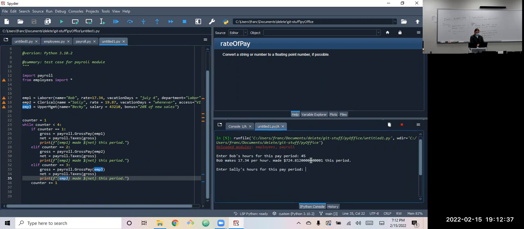So maybe Bob worked 45 hours. I guess that's about right. We could check it with a calculator, but we did that the other day, so I assume that's the right number. If I relate that to other jobs, $17, work some overtime, yeah, that seems reasonable for paychecks I've had in the past for jobs that paid about that much.